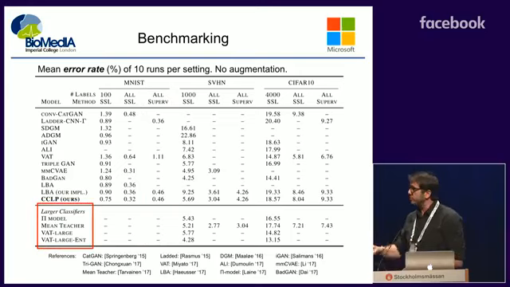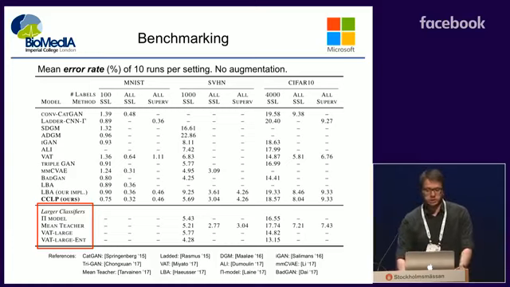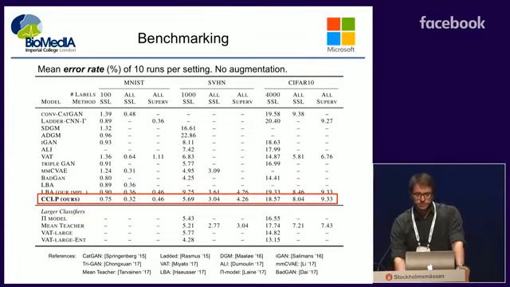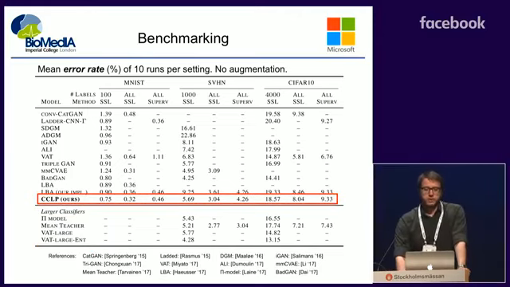And down here, on the lower part of the table, I have separated some works that work with bigger networks, so they are not as easily comparable. What we see is that our method across all the settings is doing very comparably with the state of the art, regardless, and it's just a cost function.